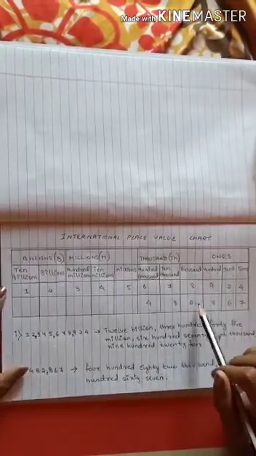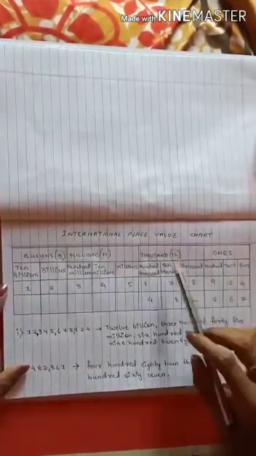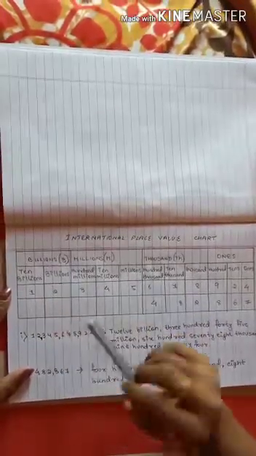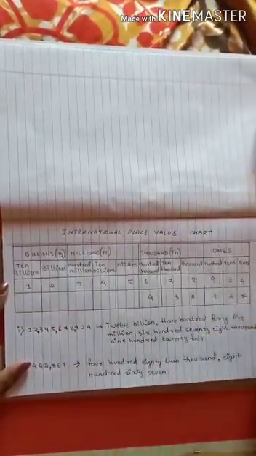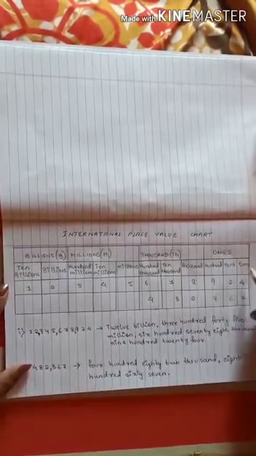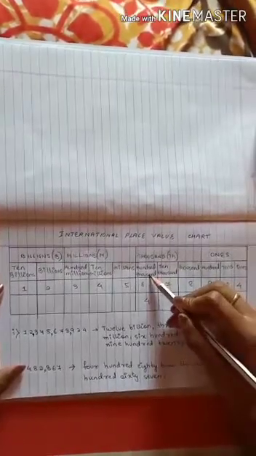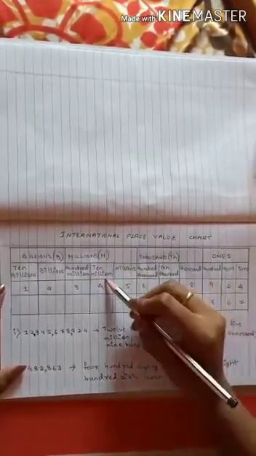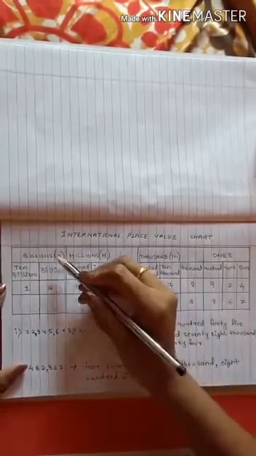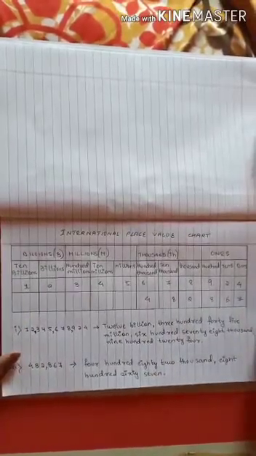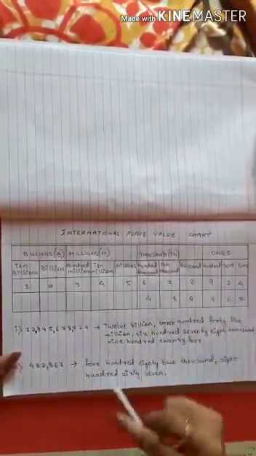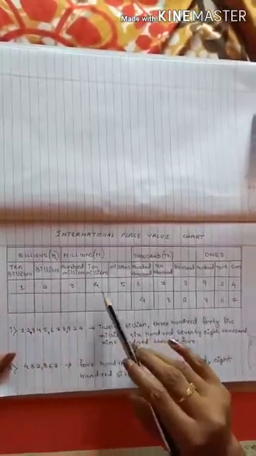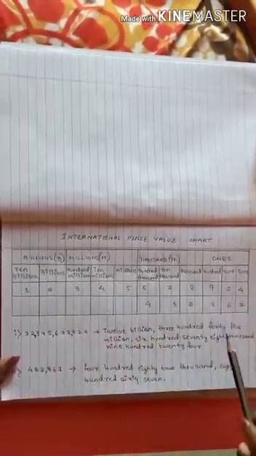In this international place value chart, there are 4 periods: ones, thousand, millions and billions. In each period there are 3 places. In ones it is ones, tens, hundred. In thousand it is thousand, 10,000, 100,000. In millions it is millions, 10 millions and 100 millions. And in billions it is billions, 10 billion, 100 billion and so on. So you just draw till 10 million. Now let's take the example here. I have taken the example 1 2 3 4 5 6 7 8 9 2 and 4. How are we going to write this according to international place value?